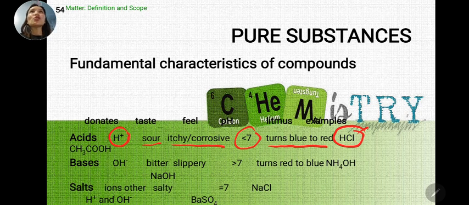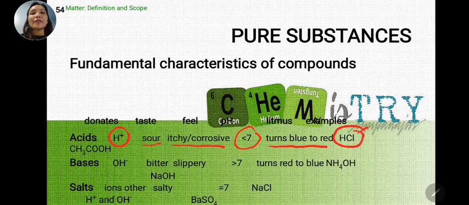Kaya medyo kapag naglinis ka ng CR gamit yung muriatic acid, mahapdi siya sa mata, mangangati yung kamay mo kapag na-expose. So, dapat hindi tayo kukulong sa CR na walang ventilation using muriatic acid. Dapat well-ventilated yung area para hindi tayo masuffocate.